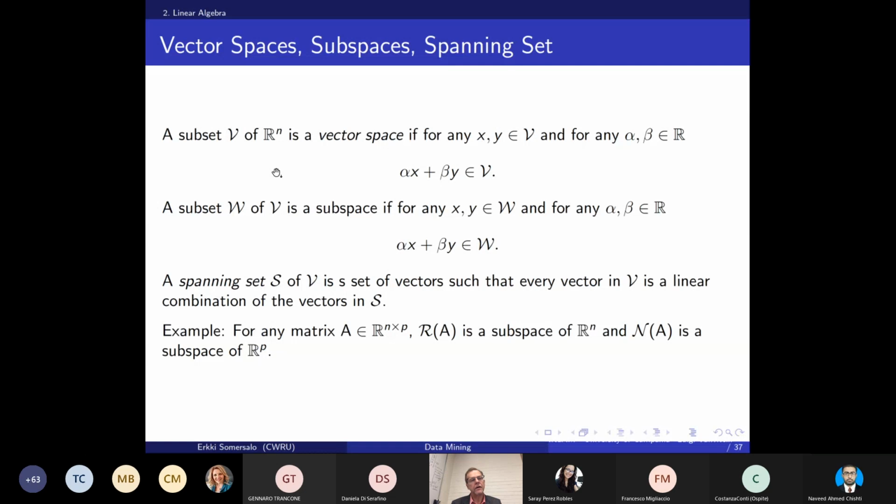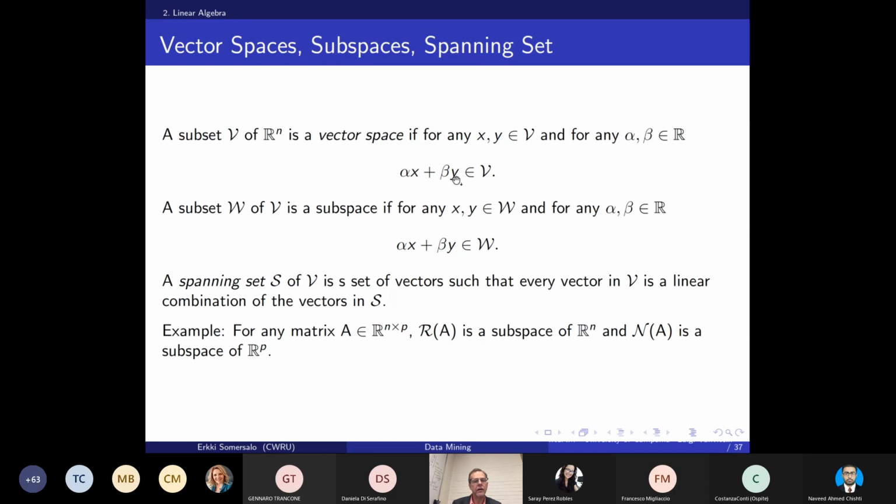I mentioned subspaces, and we have been already talking about subspaces without explicit reference to it. So the null space and the range are both subspaces, and a subspace is characterized by the fact that if you take two vectors x and y in the subspace and you scale them as you wish, then the linear combination of those scaled vectors is still in the subspace V. So a subspace is closed, so to speak, under the operations of sum and multiplication by scalar. So you never fall out of the subspace by scaling your vectors or summing the vectors.